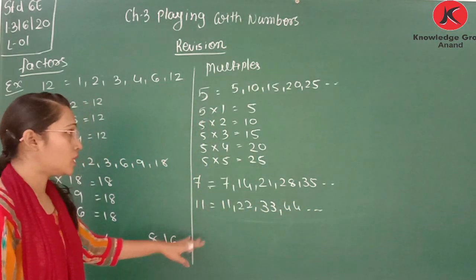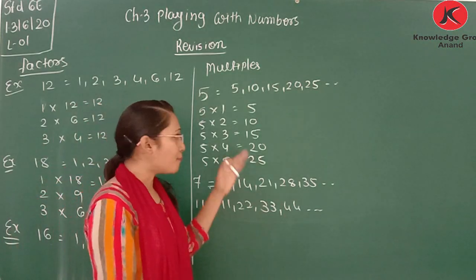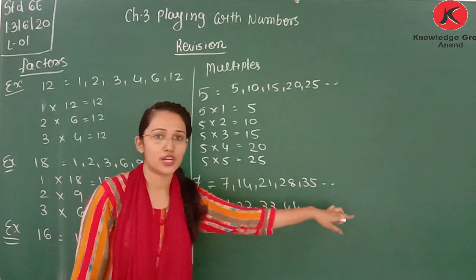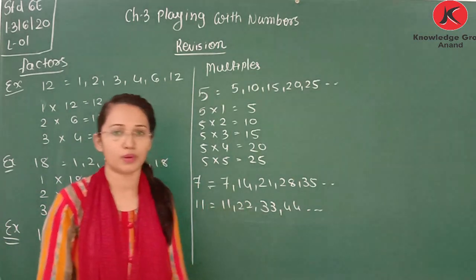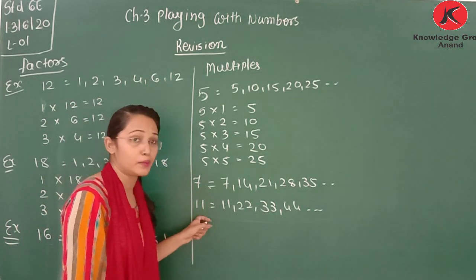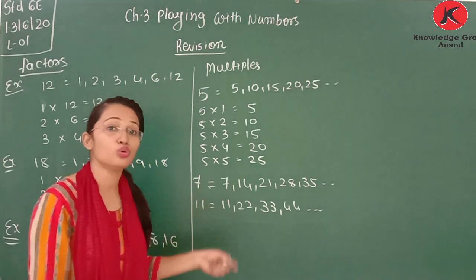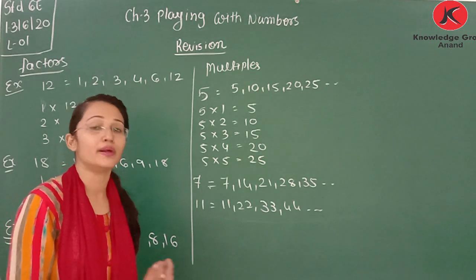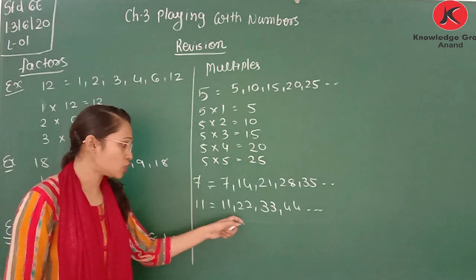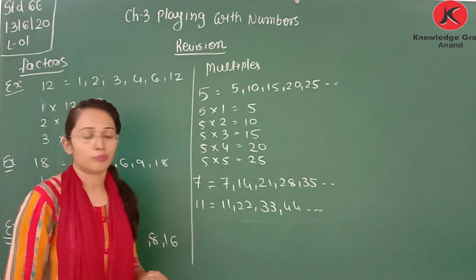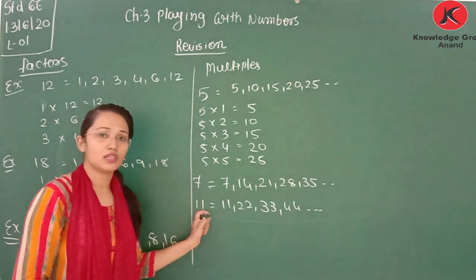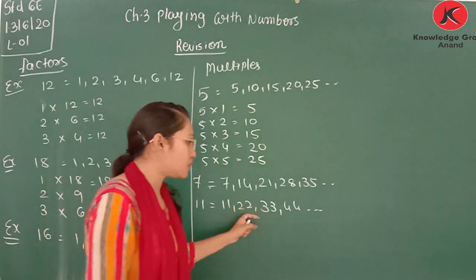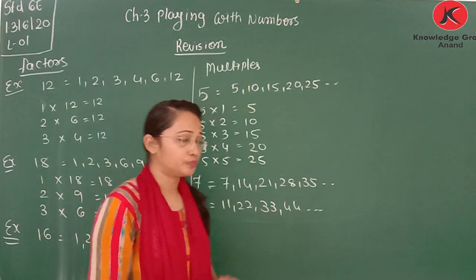Now we learn the rules for multiples. Multiples are infinite. The dots represent that we can get more multiples for a given number. If you multiply 11 with 2000, the number that comes is also called a multiple of 11. Each multiple is divisible by the number. All the multiples are divisible by 11. Multiples are infinite. Multiples are divisible by that number.